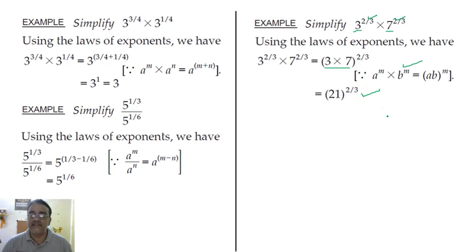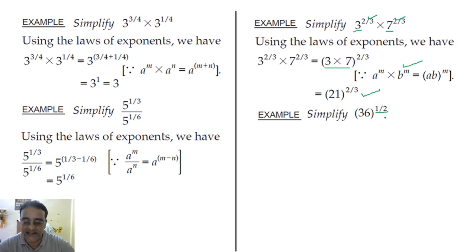Okay, now let us see one more question. Simplify 36 to the power 1/2. So हम लोग, ये 1/2 है तो हम लोग क्या करेंगे, 36 को 2 के पावर में हम लोग लिखेंगे. कैसे लिखोगे 36 को 2 के पावर में? 6 to the power of 2. फिर ये दोनों into हो जाएगा.